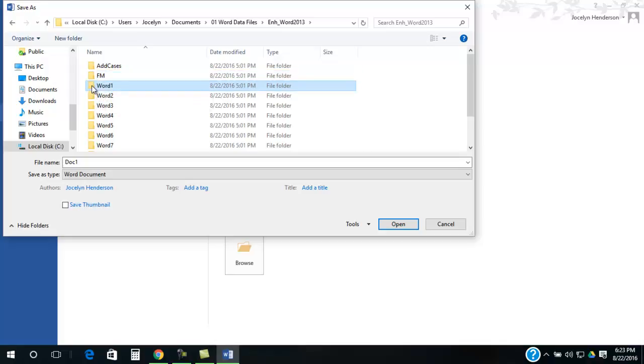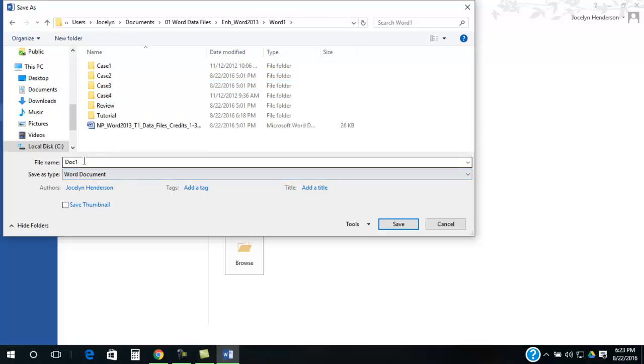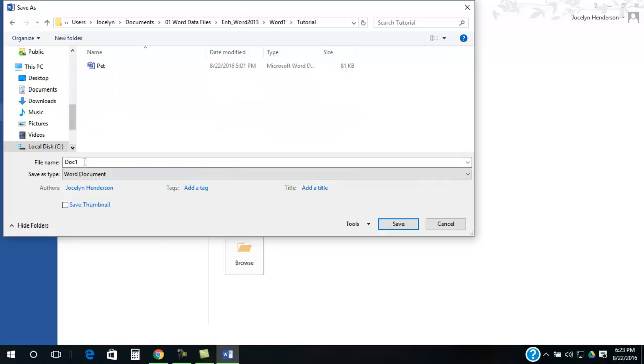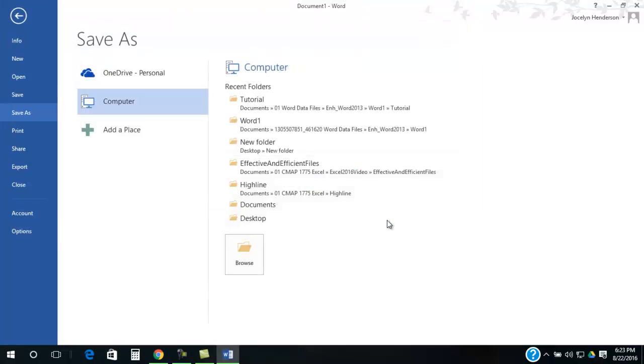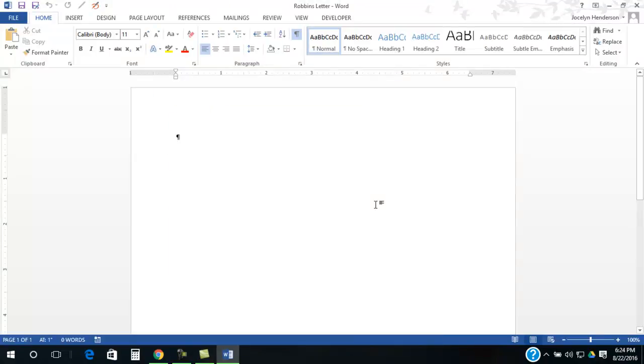Word 1 is where you will click Next. And then it says to go into the tutorial folder. The tutorial folder are the white pages of every chapter. And we're saving it as Robin's letter. Click Save. Now, in the textbook, it tells us to type, so turn your textbook to the same page, go